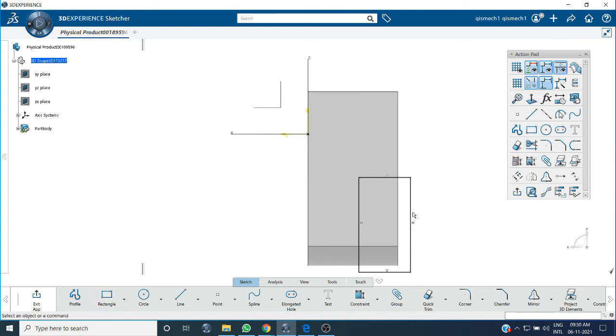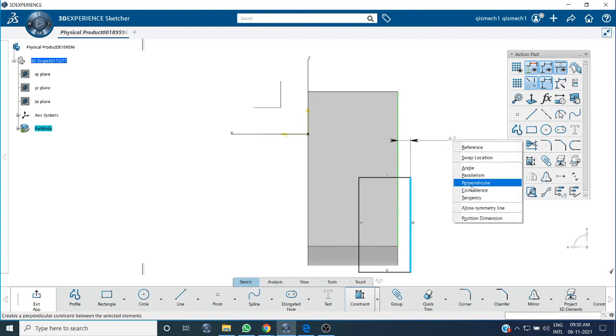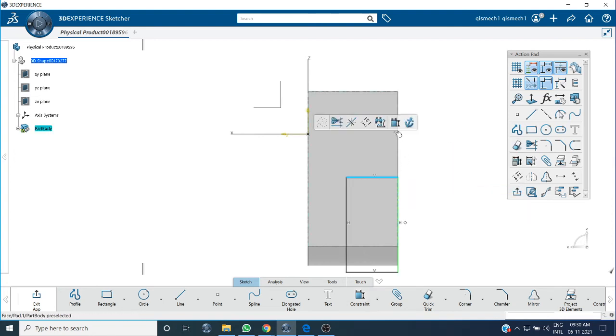I'm making coincidence. This one is 30, and from this line to the end it is 15. It's already there because it is 15 now.